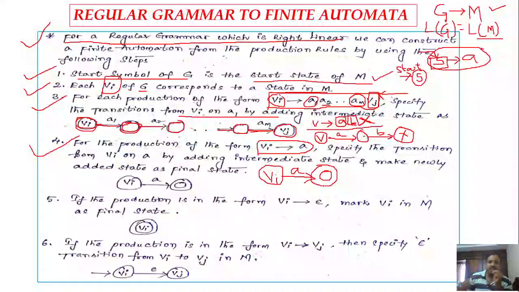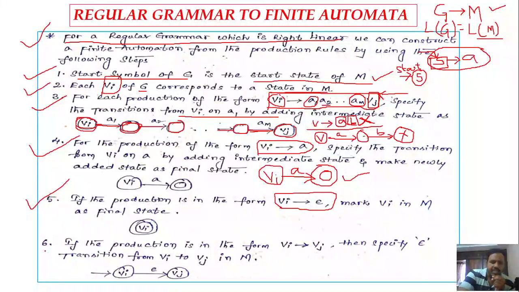So whenever we have a variable denoting a terminal, you have to make Vi a state, and from that state make the transition towards a final state, right? So you have to mark the intermediate state as a final state in this rule 4. Okay. Rule 5. If we are having a production in this form, Vi denotes epsilon, then in this case make the Vi state in M a final state, right? So if we are having a production in the grammar Vi denotes epsilon, then mark that particular state in your automata as a final state.